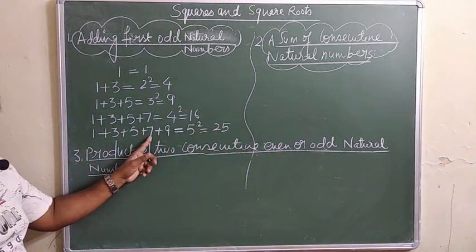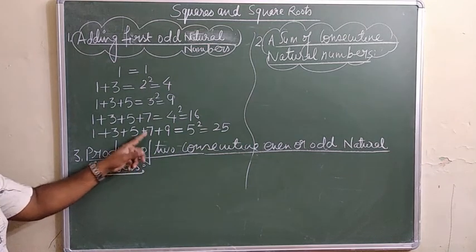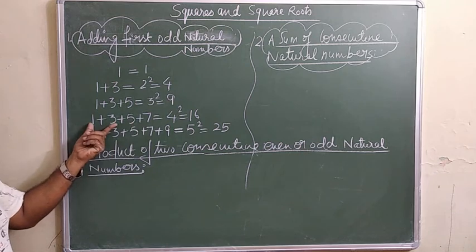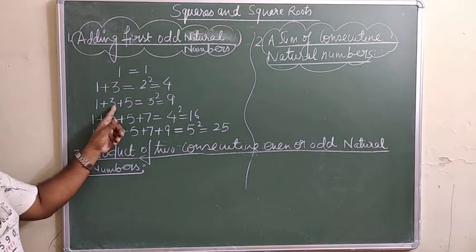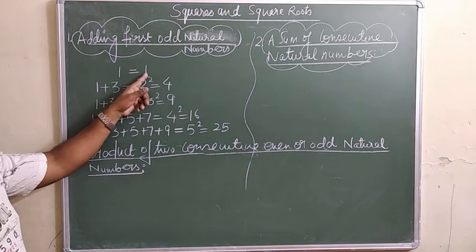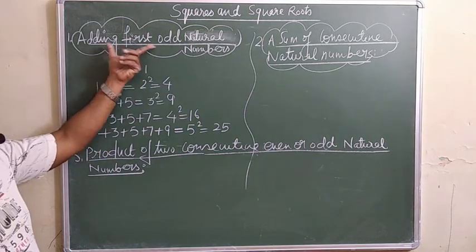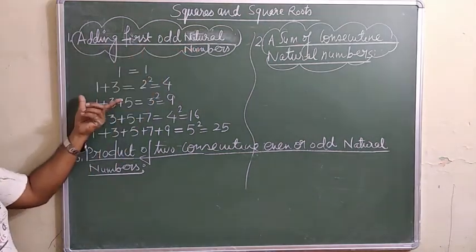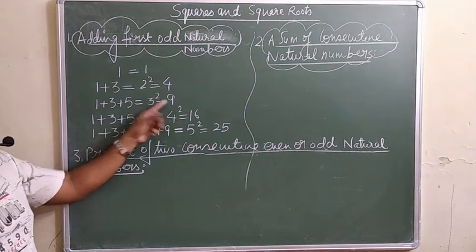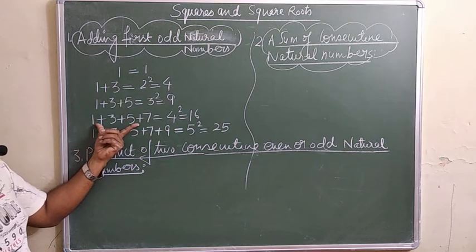9 plus 7 is 16, 21 and 4 is 25, 7 plus 5 is 12 and 4 is 16, 5 plus 3 is 8, 9, 3 plus 1 is 4, 1 is 1 only. तो अगर you want to do the sum of the first odd natural numbers, कितने आप फर्स्ट ऑड नेचुरल नंबर ऐड कर रहे हैं उतने नंबर का स्क्वायर करो, दैट विल बी द सम ऑफ ये नंबर्स.